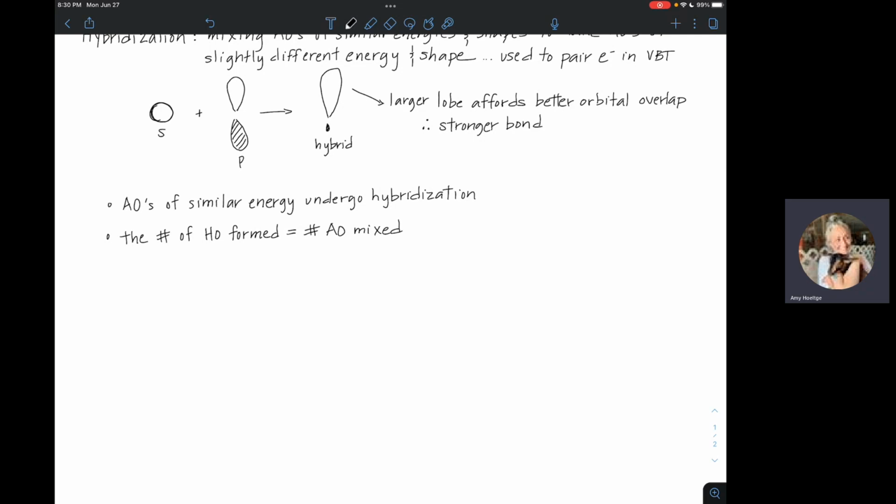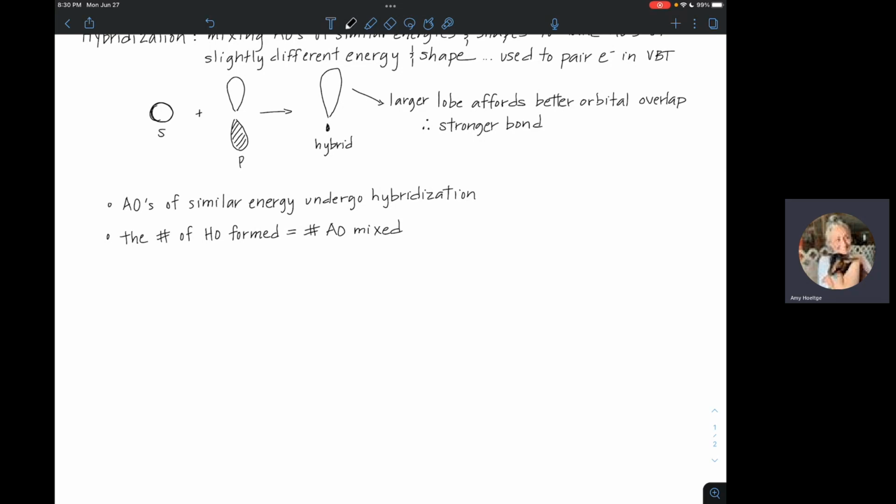And as we go through and talk about the three different types, because we'll focus on three different types in this class, I will point out these are the atomic orbitals we're going to mix. So for example, if you take the s orbital and all three different orientations of the p orbitals, right? So you have three p orbitals and an s orbital, that's 4 atomic orbitals. If I mix all those together, I should get 4 hybrid orbitals, right? If I take the s orbital and only 2 of the p orbitals, I can expect 3 hybrid orbitals to